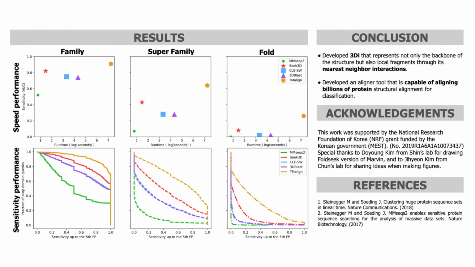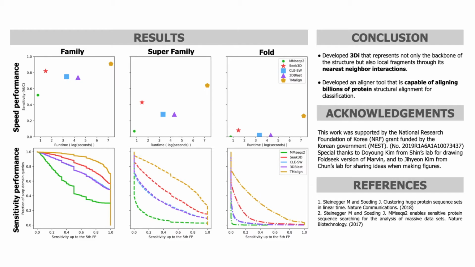We used the SCOP database to compare the performance, which contains a total of over 11,000 proteins. And one of the reasons we chose SCOP is because it is one of the databases that classifies proteins by their structure. And SCOP's hierarchy of protein classification goes by family, superfamily, fold, and class in ascending order. And as you go up the hierarchy, the structural similarity gets lower, but they do suggest a